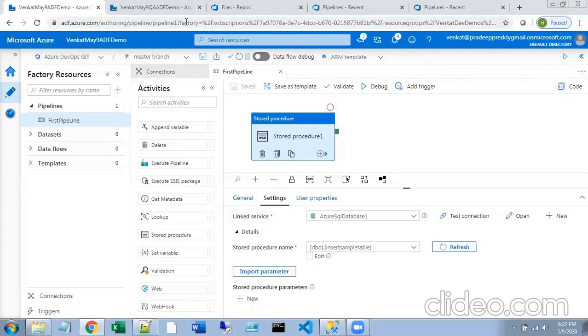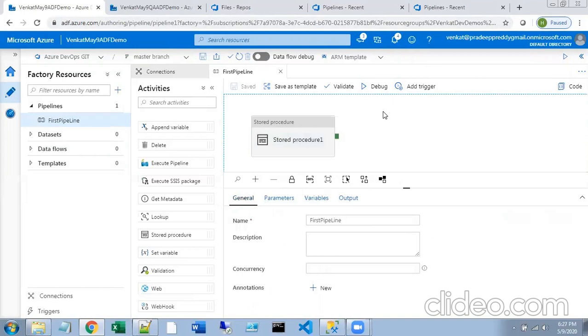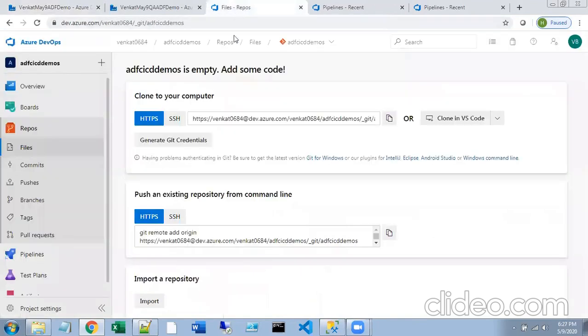As you already know, ADF underscore publish is the branch that Azure Data Factory creates by default, and that is the branch that we have to use for implementing it. We will be using the code in ADF underscore publish for implementing continuous integration and continuous deployment.